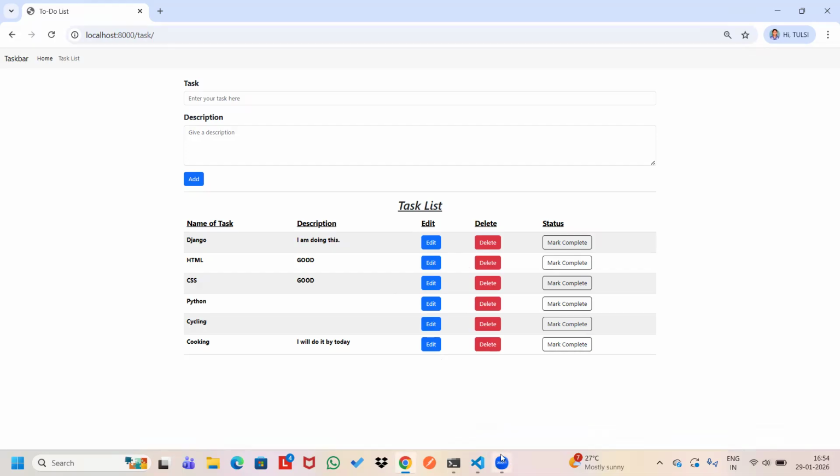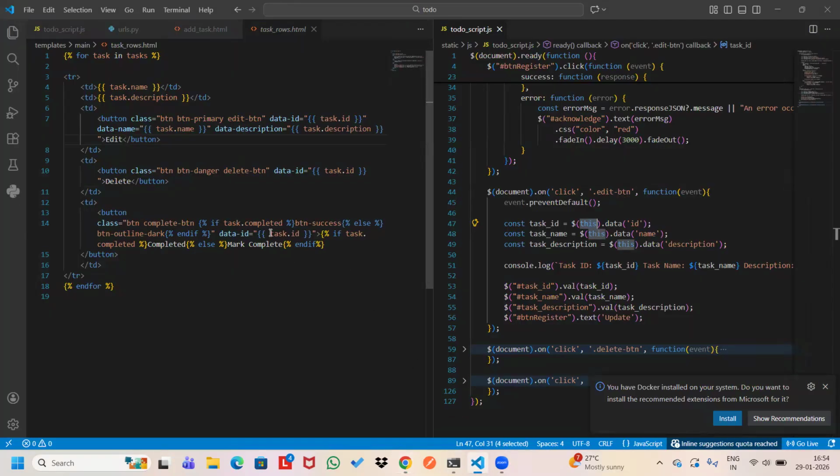So it's not possible to take different IDs for all edit buttons. That's why we are using class here, so that it will be easy to work with. Whenever you click on one edit button, it will refer to the same instance, that means it will only take the id, name and description for that. So when I mention this here,